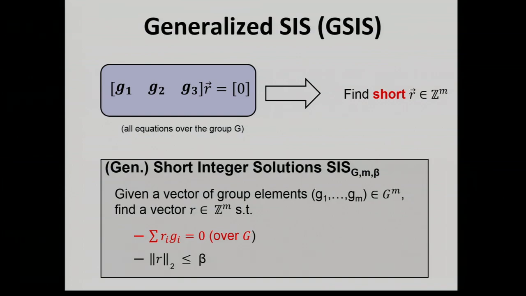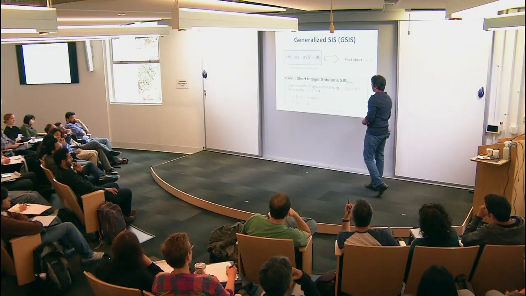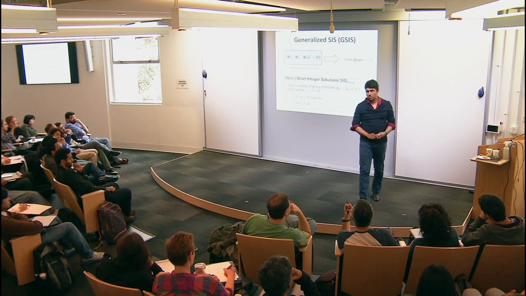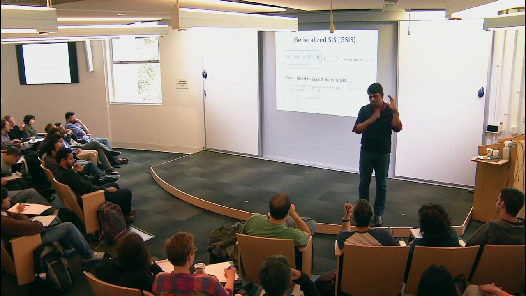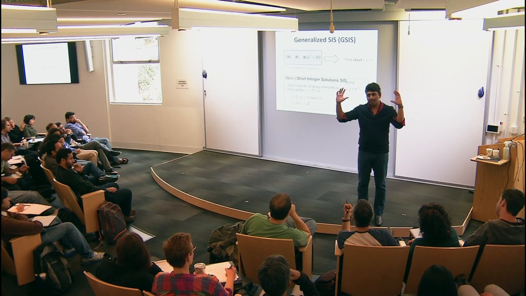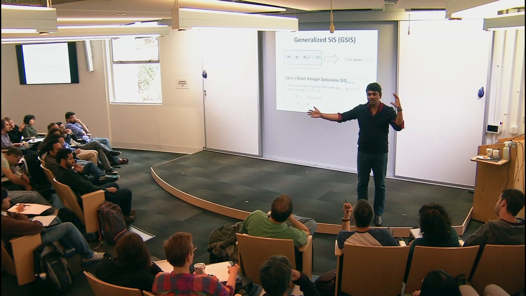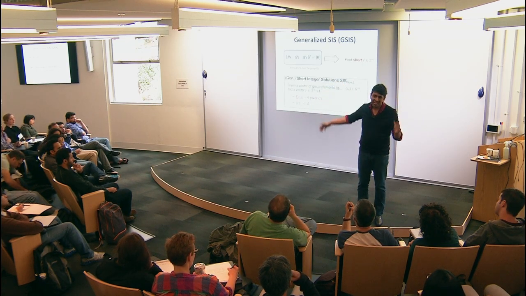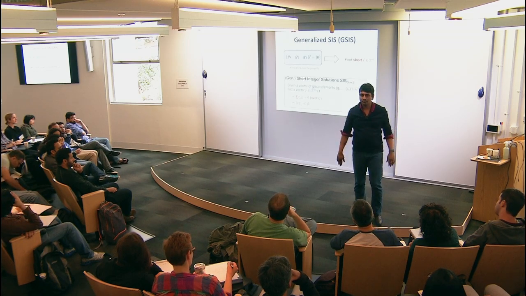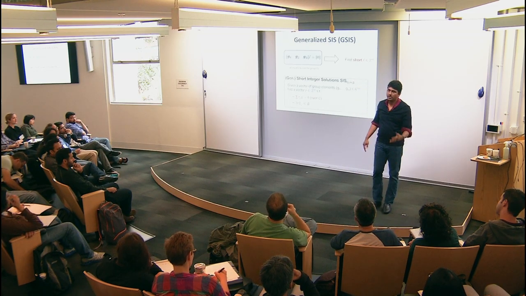Are you assuming that these guys are generators? They form generators of the group? Good. Yes. So when I talk about Zq to the n, I'm assuming that this is a full rank matrix, so you can generate all numbers on the right hand side. For 0, it doesn't quite matter, but yes, indeed.